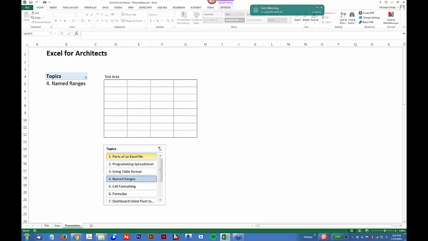And let's talk about named ranges. So named ranges are,